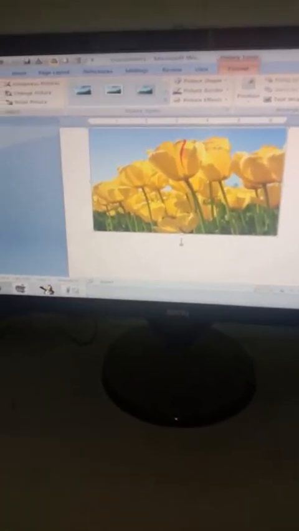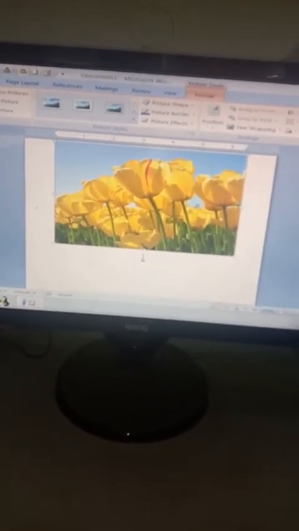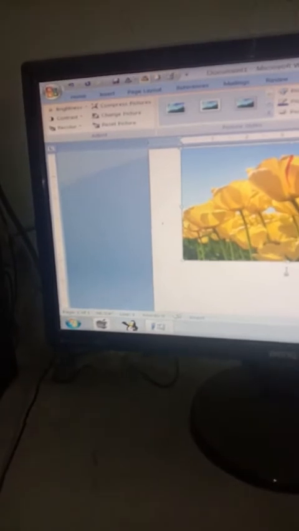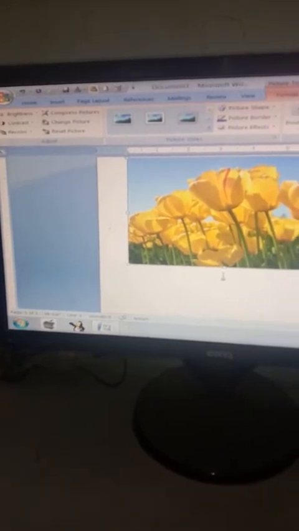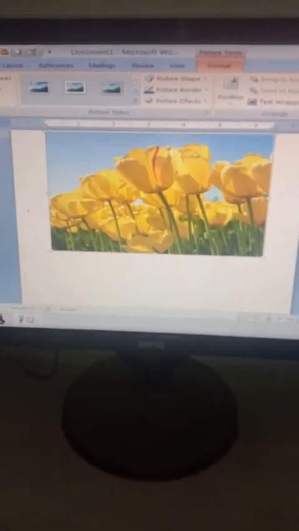Now, formatting the pictures. What does formatting the picture mean? Formatting the picture means that after inserting the picture, we have certain options like resizing the picture, cropping a picture, adding styles to a picture, and so on. These are the special effects that are applied to a picture. Now how can we resize a picture? Resizing means making the picture either big or small.